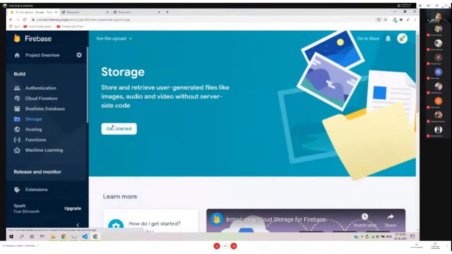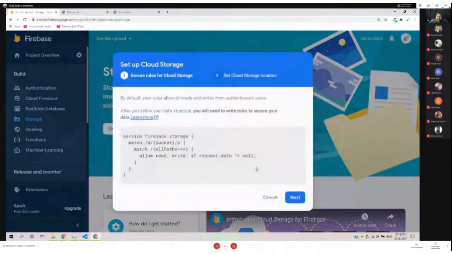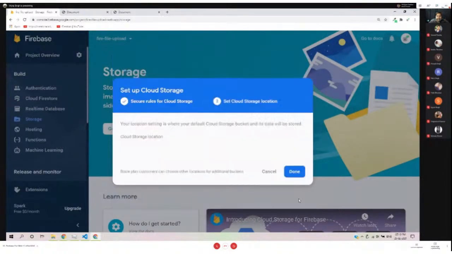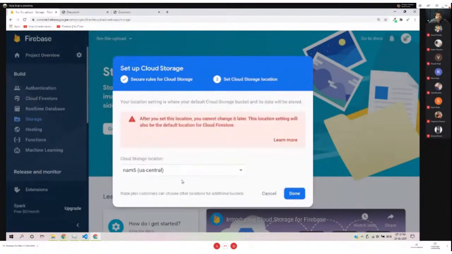and then click on the get started button, and then we have some security rules. As I told you, this storage service is very secure. Right now these security rules mean you can read and write, meaning you can upload the file and read the file, if you are authenticated. But right now we will create a project where anyone can upload the file. So this is the default security rules. I'll just click on the next button,